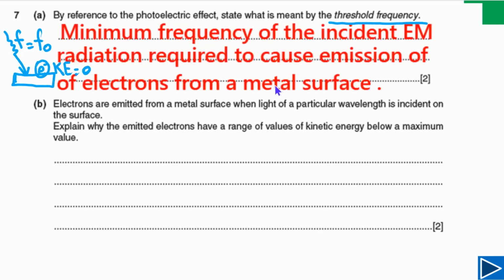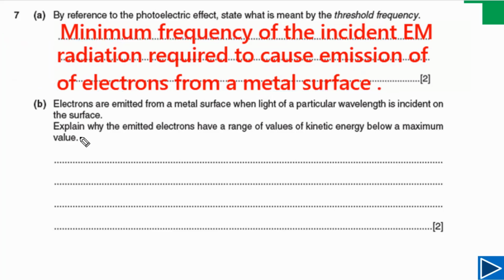This is how you can write your answer. So in the answer you can see I have written here minimum frequency. Minimum frequency is very important. You have to mention the minimum frequency of incident electromagnetic radiation to cause emission of electrons from a metal surface. And threshold frequency depends on the metal surface. If we change the metal, the threshold frequency will change, meaning we need a different frequency of electromagnetic radiation for emission of photoelectrons with zero kinetic energy